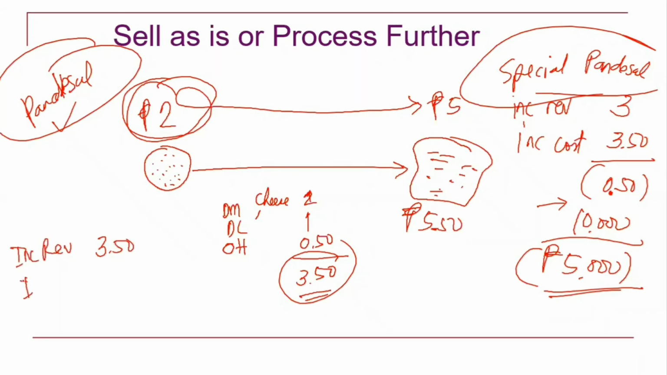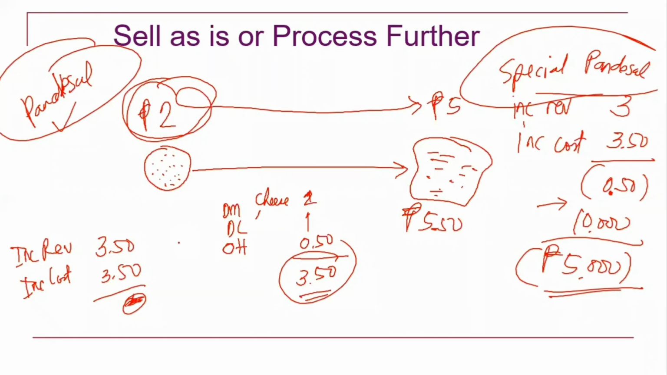Incremental revenue. Ang incremental cost mo ay magkano? 3.5 din. So bawi lang. So ibig sabihin, either you process further or sell as is, that would give you the same impact in your profit. So ano pipiliin natin? Kahit alin na. Diyan na papasok yung mga qualitative information na